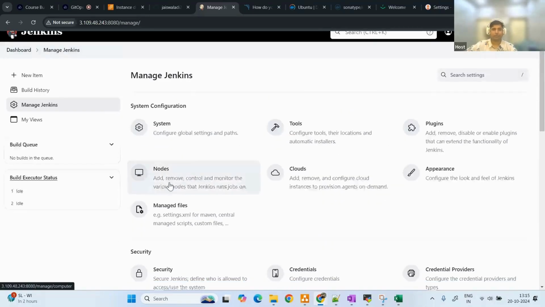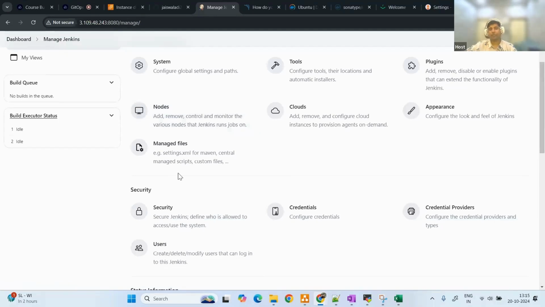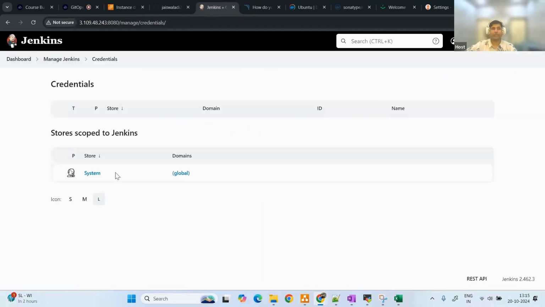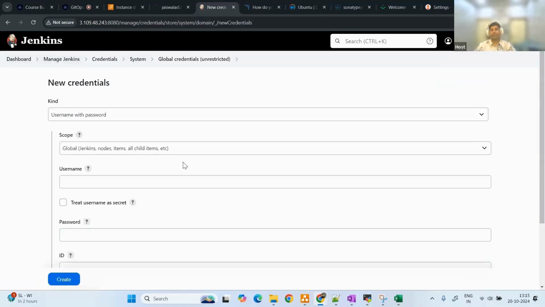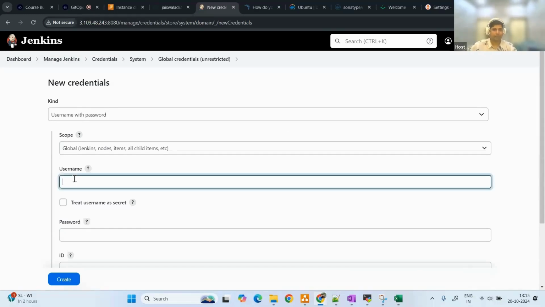Okay. Now, first thing that we are going to do is add certain credentials. For that, we can go to credentials, click on global, click on add credentials. Now, there are multiple credentials we have to add. First credential that we have to add is for the GitHub account, so that we can fetch the repository from there. So in that case, I can type the username, which is going to be this,